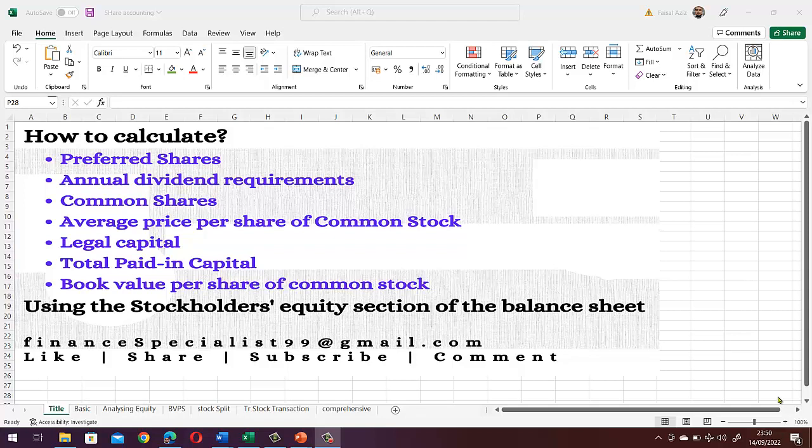Viewers, in this video, I will show you with the help of one example that by using information given in the stockholders equity section of the balance sheet, how we can calculate preferred shares outstanding, their annual dividend requirements, common shares or ordinary shares outstanding, their average issuance price, legal capital, total paid in capital, and the book value per